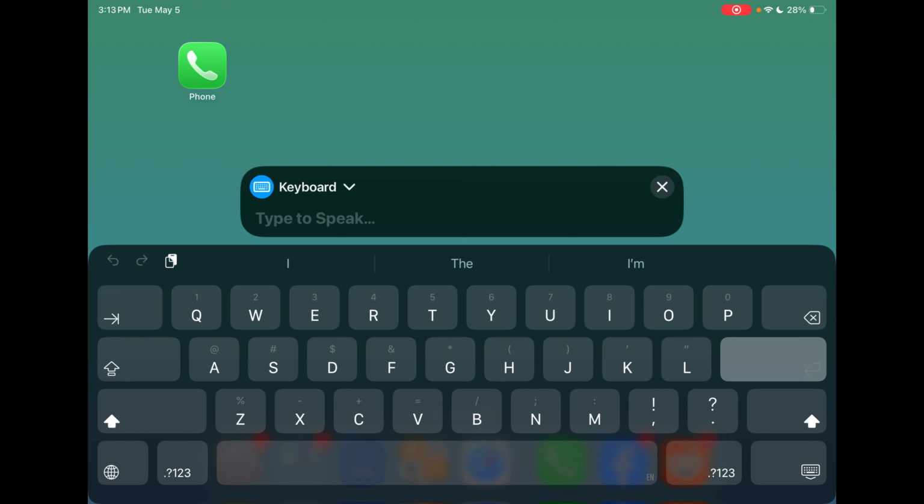Just a quick look at how you can use a Siri voice as text to speech in Live Speech on an iPad or iPhone. This is my iPad Air M2 11-inch, and I'm here in Live Speech. This is a free feature that's included in iOS accessibility, and I'm going to type something. This is cool. And that is a Siri voice, which I've had a few people ask me about over the